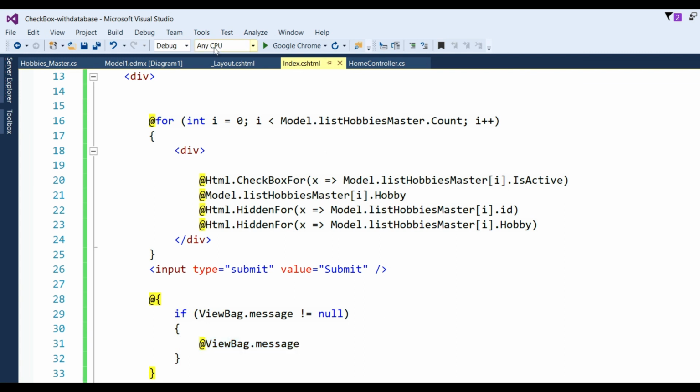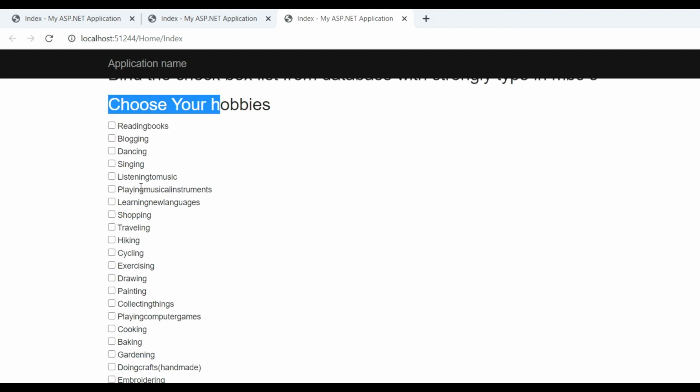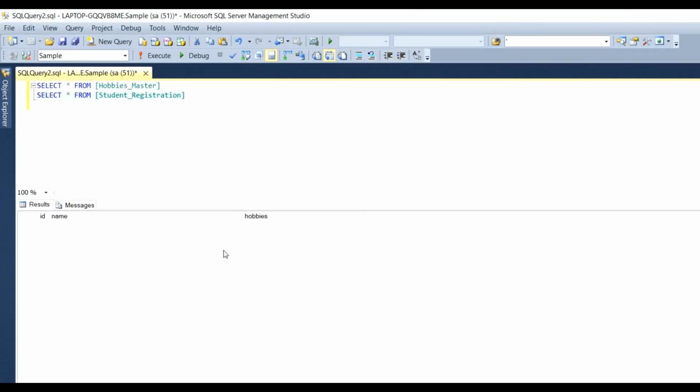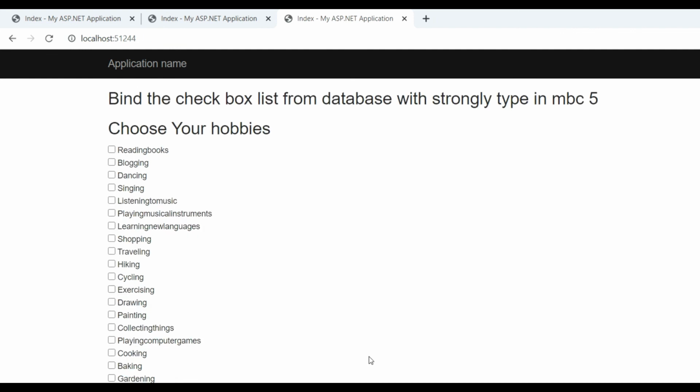Now run the application. You can see here our checkboxes with their text showing, and there is a submit button, and first we see there is no data in the registration table. Now choose, like, cooking, banking, gardening and click on the submit button.